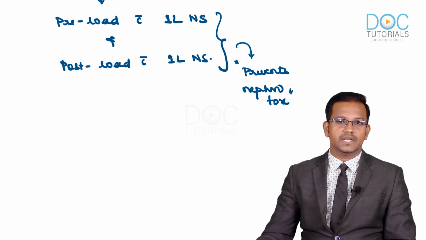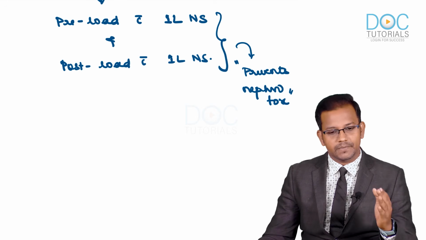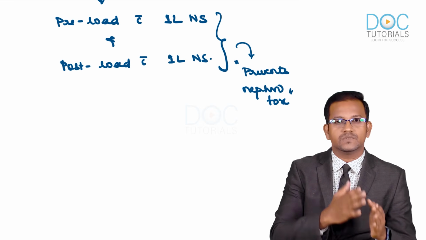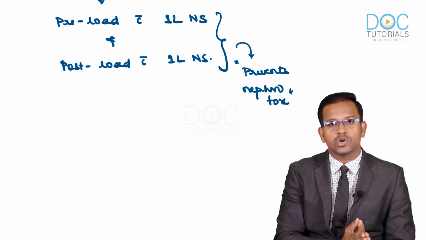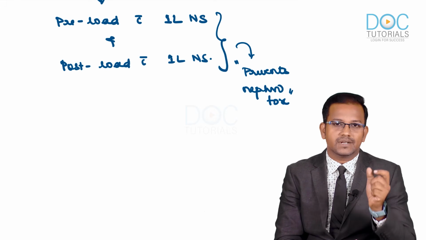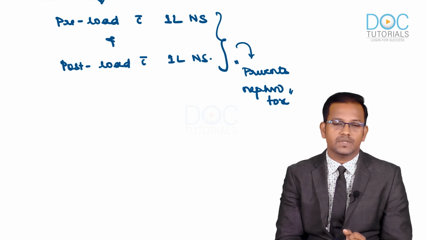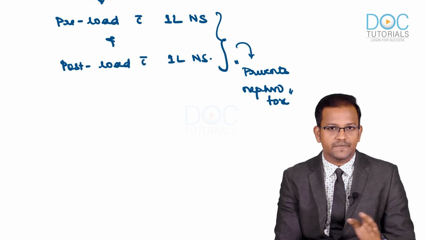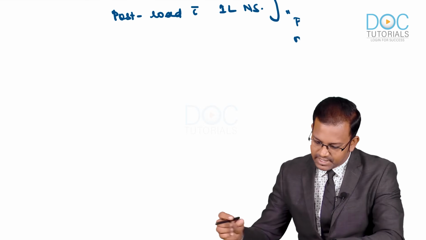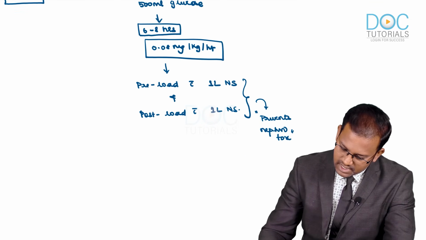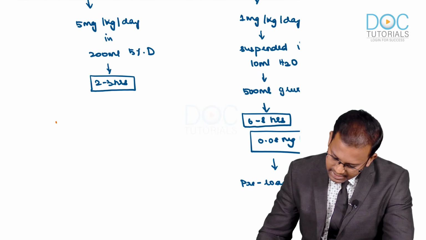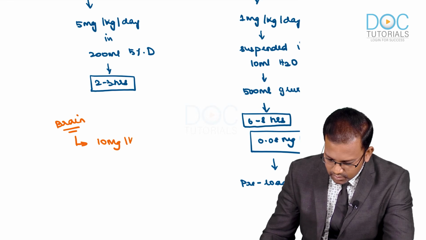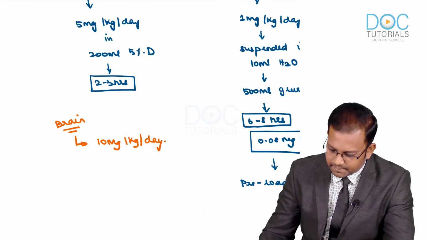But if, instead of finding time to administer 1 pint of NS, amphotericin B and 1 pint of NS, you mix amphotericin B with the NS, what is going to happen? It makes the solution coarser. If the solution becomes thicker and coarser, it will be difficult to administer into the veins. So to prevent that, it is not mixed with normal saline. It is mixed only with the dextrose solution. Clear? And if there is brain involvement, we can also administer up to 10 milligrams per kilogram per day of liposomal amphotericin B.